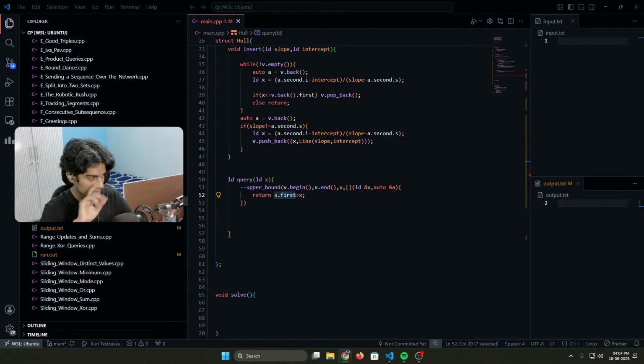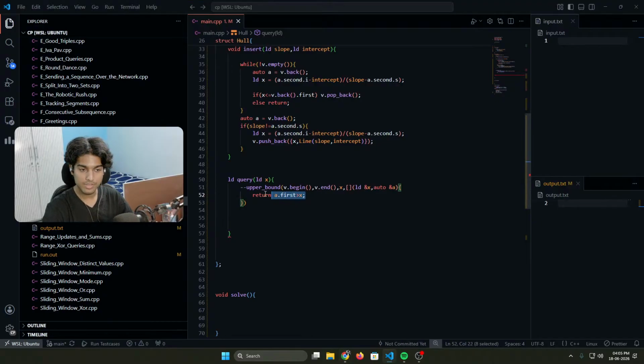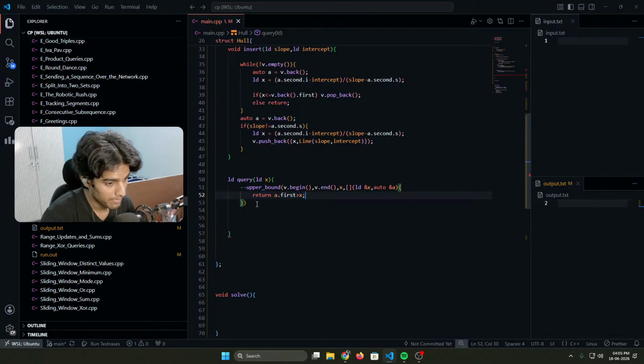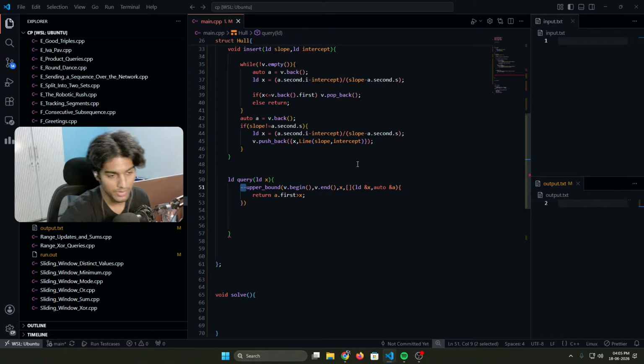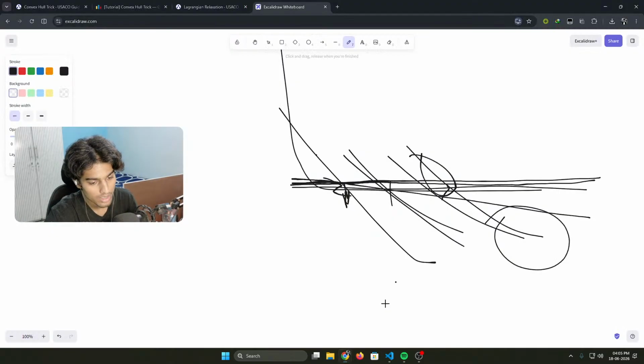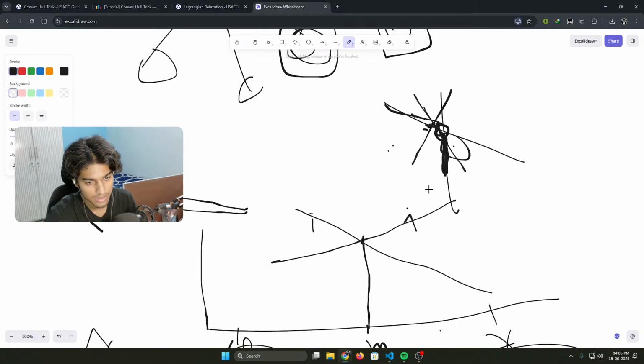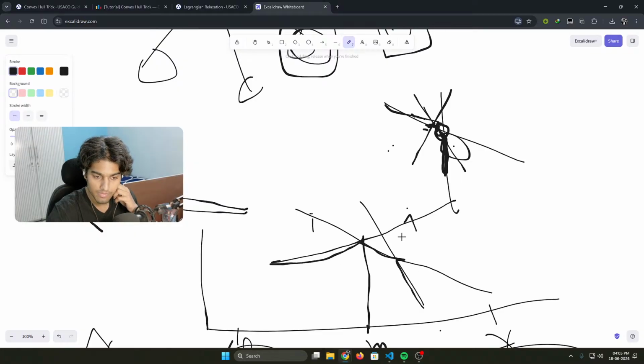So it is going to find the first element where this is true. Now that makes sense. And we are going back. Okay. So we are at some element. If we have some sort of a hull here, something like this, we're finding something greater and then we are coming back. So at this particular index,